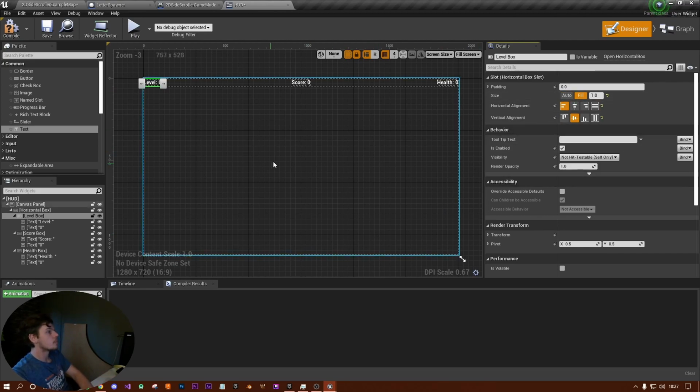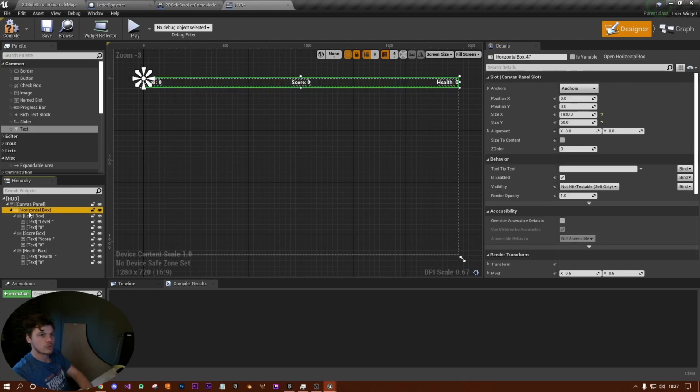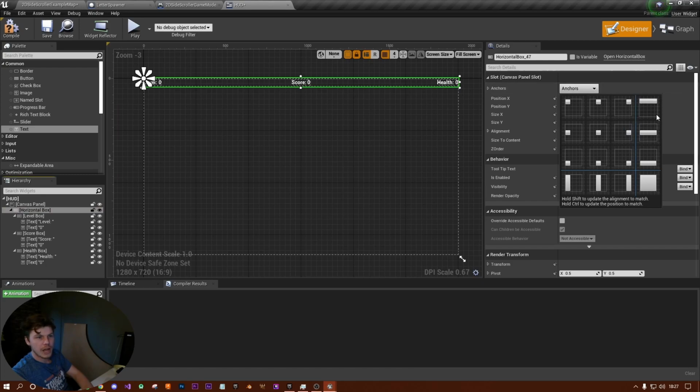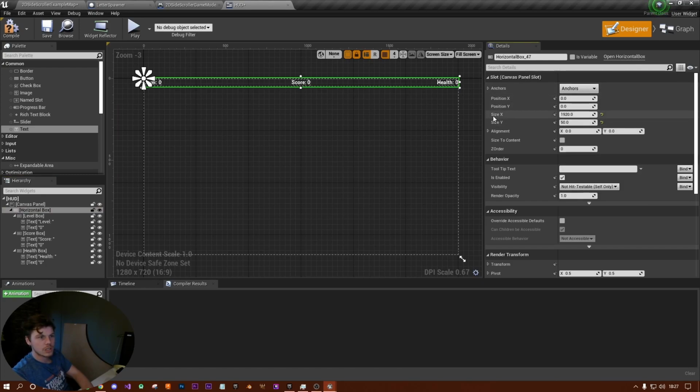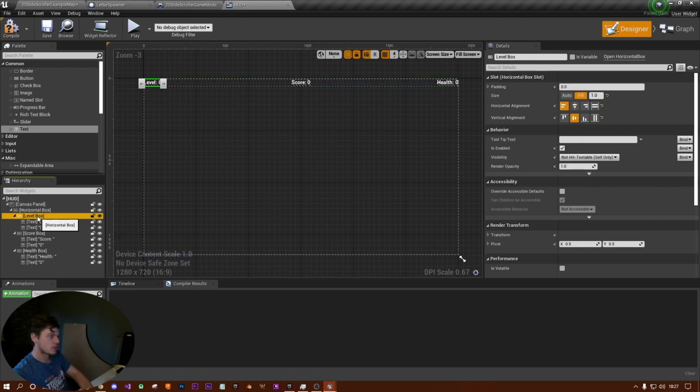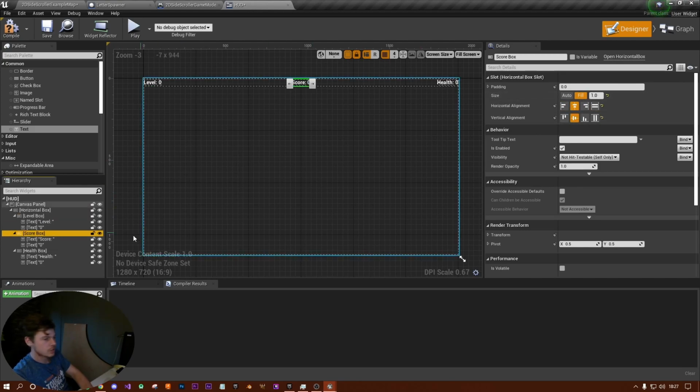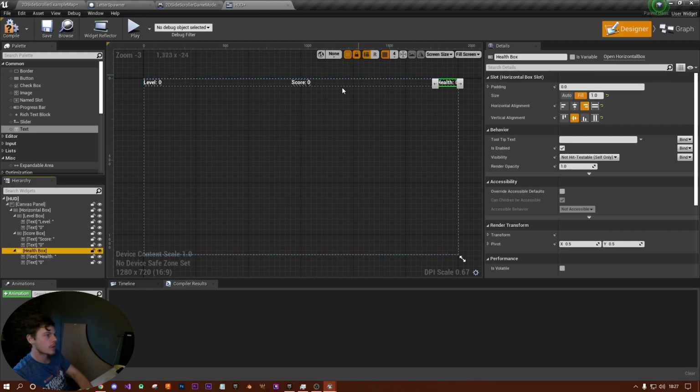And anyway, eventually we got what we wanted. So what I ended up doing there was I selected the horizontal box at the top, and instead of playing with the anchor sizes, I just changed the size X to 1920, which is my screen size. And I changed the Y to 50 at the same time. And then under each horizontal box, level box, score box and health box, I changed these to fill and then left, and then score was fill and center, and then health box was fill and right aligned, and that's worked out fine. So if I hit compile now,